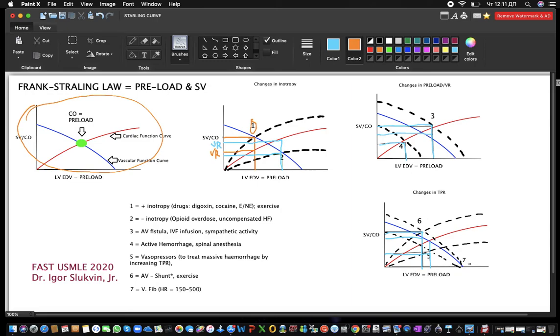Moving on to point 7. Point 7 looks really bad. That's because it is. You have no cardiac output. And why in ventricular fibrillation do you have no cardiac output? That's because when your heart rate is 150 to 500, there is no diastolic filling time. You can't fill any blood into the left ventricle, therefore there's no blood to pump out and your cardiac output is 0. That's when you get the crash cart and begin to do